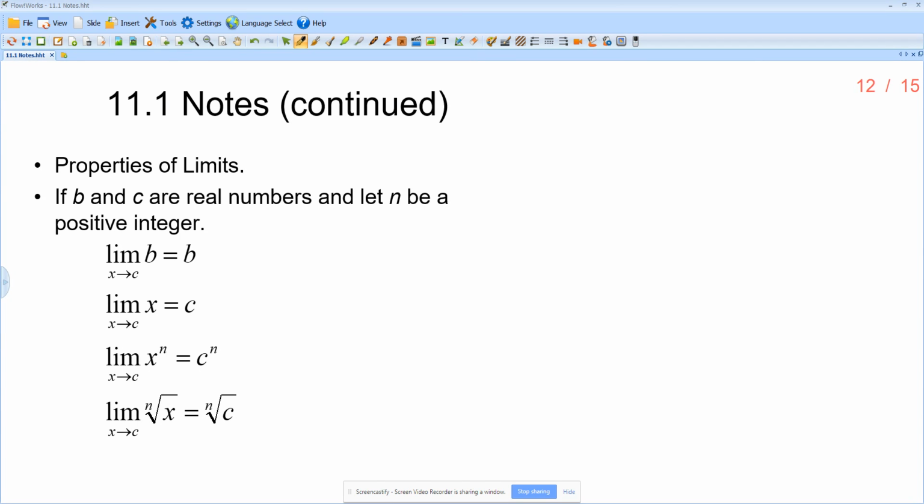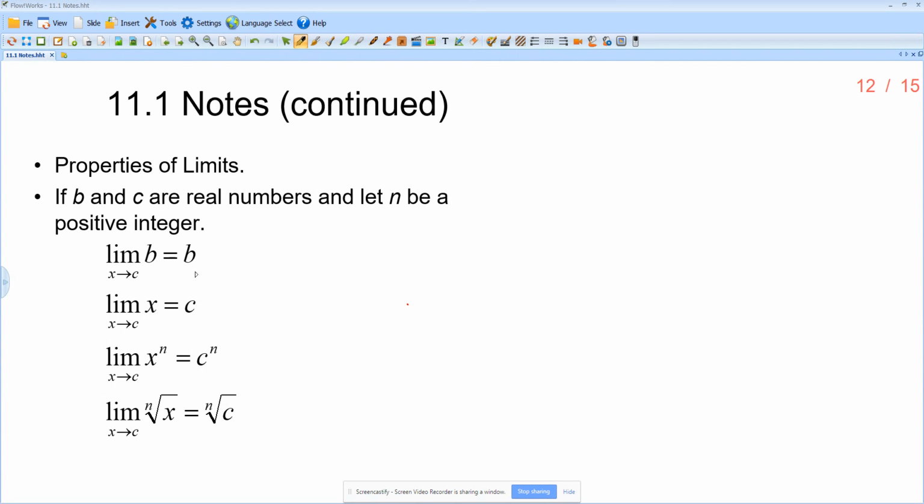Now, what we want to talk about is all the properties. And I'm going to warn you, notationally, this is going to look sort of disgusting, but it's not that bad in actual practice. So if b and c are real numbers and n is a positive integer, so b and c are real numbers, n must be a positive integer, the limit as x goes to c of b